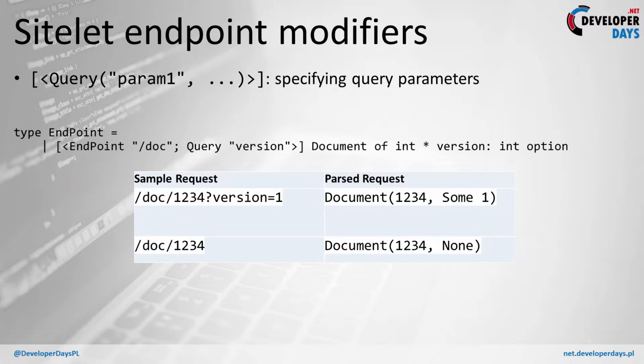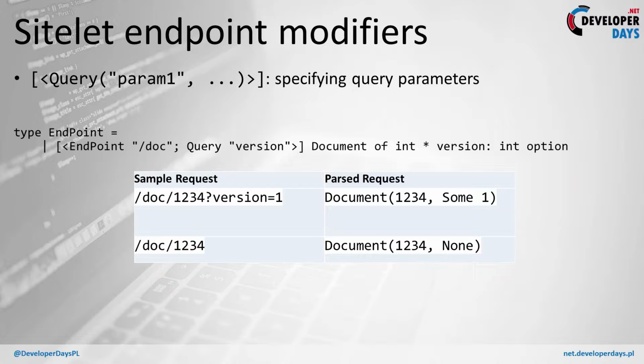Here's another modifier. It's called query. And query basically specifies that whatever parameter is passed should be passed as a query argument. So if I have a request like /doc/1234 and then !version1, using the above endpoint, where you can see that there's a query parameter for version, which